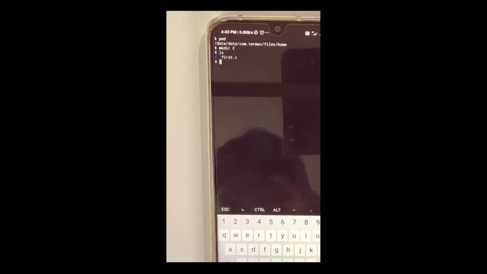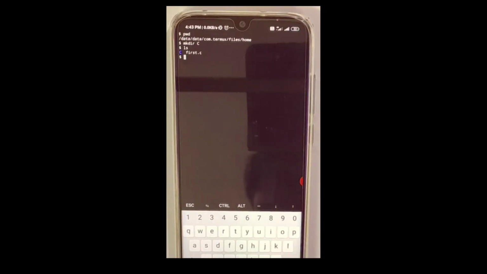Now suppose I want to copy this one file that is there, suppose first.c. You may not get this file because you didn't create it. I already created it. I'll tell you later how to create that file. For that you need some more applications, but they will be installed inside this. No need to go outside of this mobile. Inside this you have to install some applications as well as C programming applications. That I am coming to later. First, I think you have understood how to use these commands for the Linux terminal.